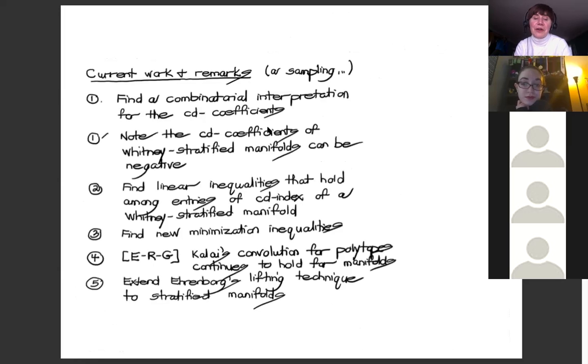I mentioned some current work just so you can see some things that can go. I mean, a big open question is just to understand the coefficients of the CD index in general. We really don't know very much. I mean, Kalai, Karu,